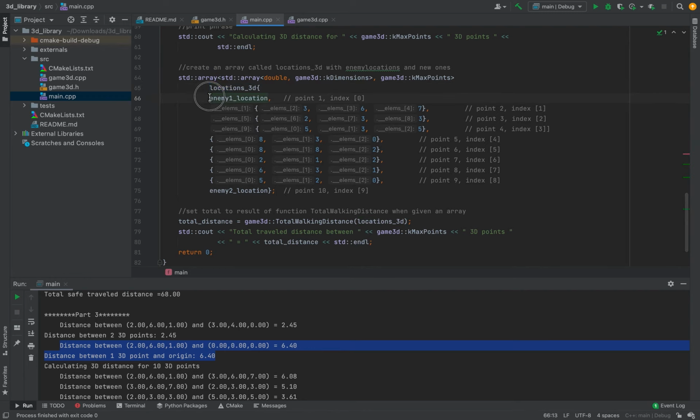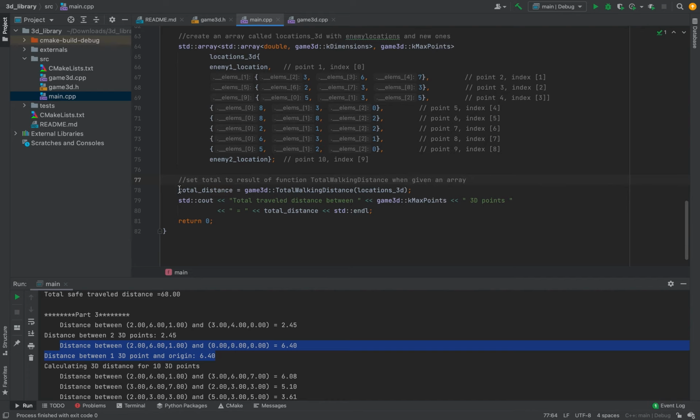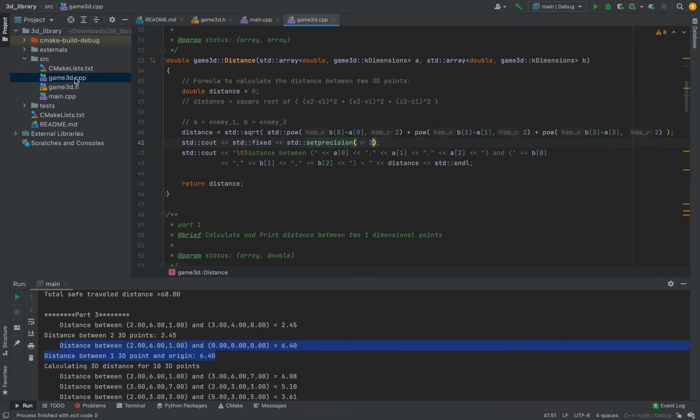In here it's storing the first array of elements, the second array of elements, and all of these additional elements. It's storing all of those and putting those into the function total walking distance and setting it equal to total distance. So if we go into total walking distance, which is right here,